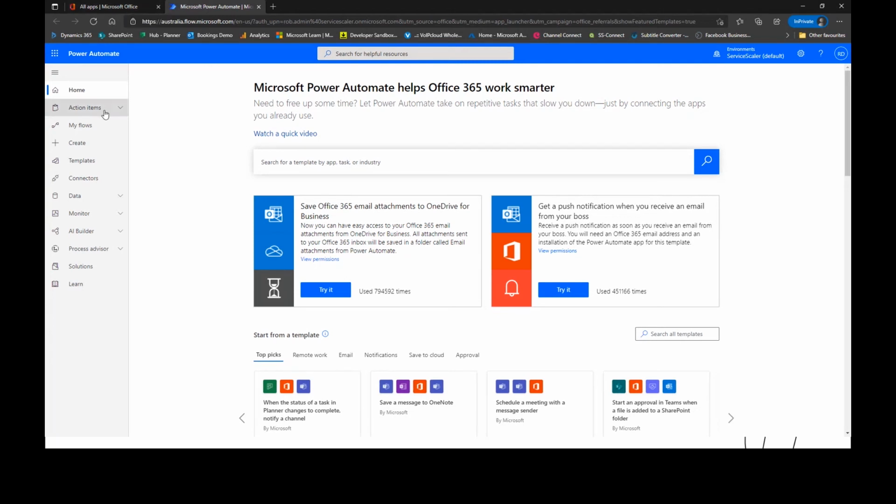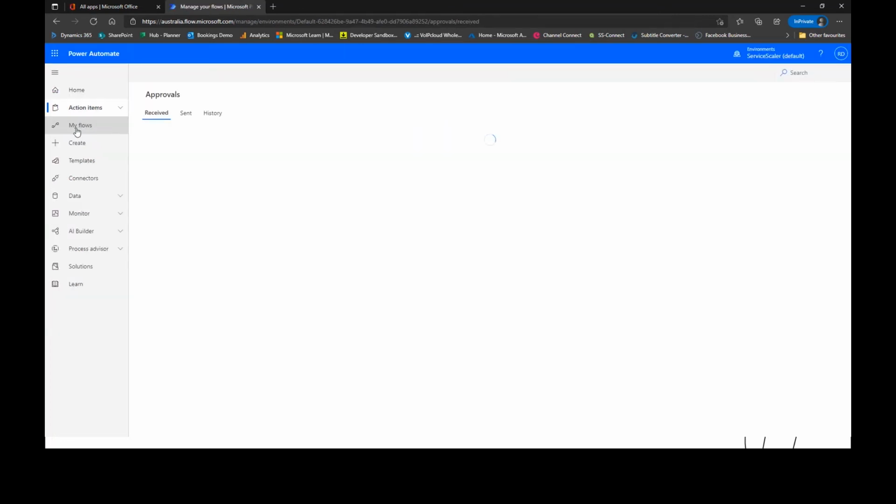So there's a couple of things that we can see in here. We'll start by running down the navigation menu on the left-hand side. So the first thing that we can see is action items. So approvals and business process flows. One of the things that you can do with Power Automate is you can send things off for approval. So you can assign a task or an approval task to somebody and they will come up in their approvals list under action items. You can see here that I don't have any at the moment,